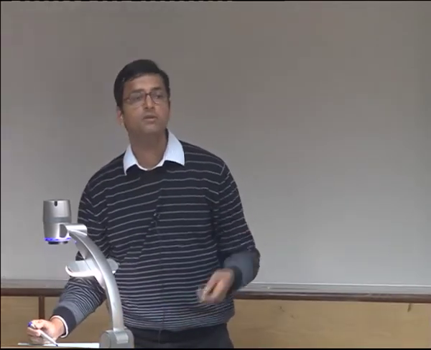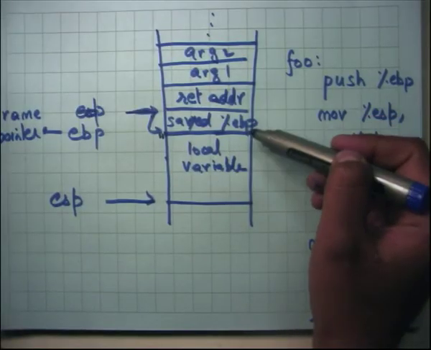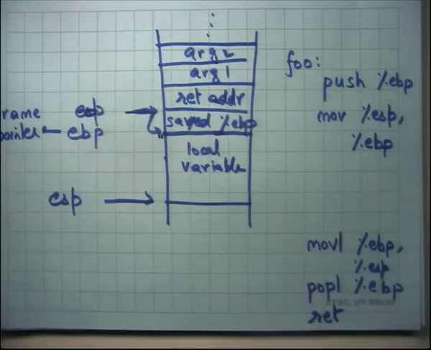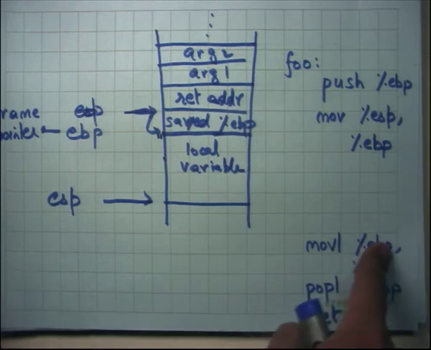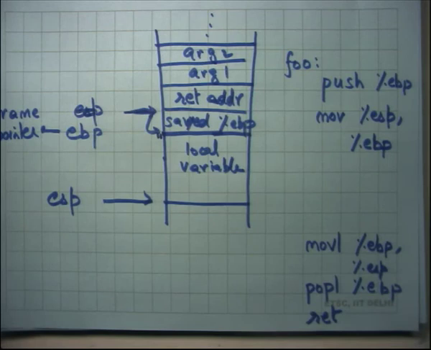Okay, and also notice that EBP was not strictly needed. Apart from debugging purposes, what am I using EBP for? What am I using the frame pointer for? I'm using it to reset the stack, number one. But resetting the stack I could have done anyway, because I know how many arguments I've pushed. I just need to pop that many arguments. If I decremented it by 40, I just need to increment it back by 40. So I didn't really need EBP to reset the stack. The second thing I'm using EBP for is to get to the arguments. So I say EBP plus 4 is argument number 1, EBP plus 8 is argument number 2, etc.